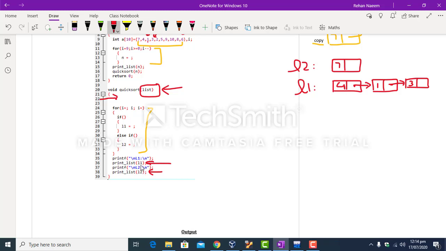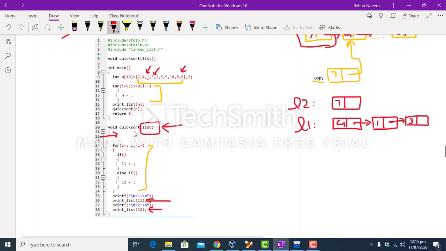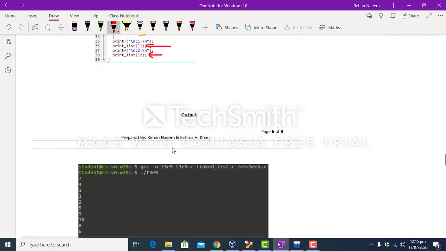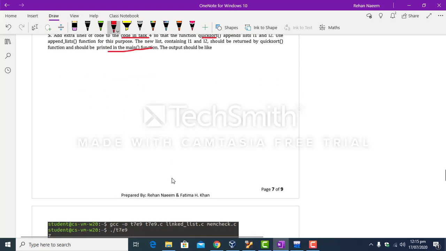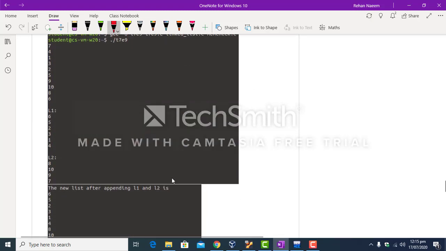So after appending list L1 and L2, the new list containing the combination of L1 and L2 should be returned back by this function quicksort. And after returning the new list, that new list is to be printed inside this main function.